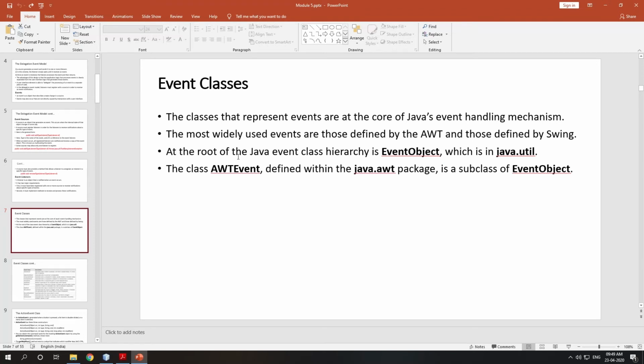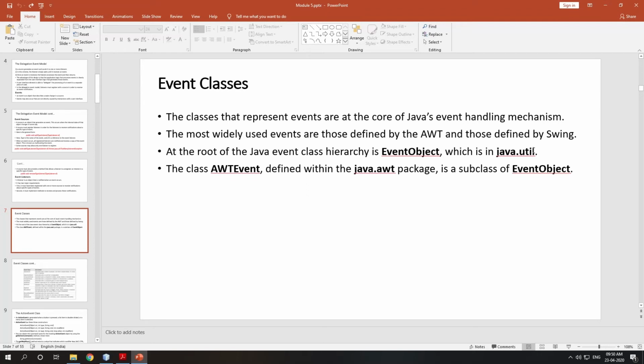Okay, at the root of the Java event class hierarchy is EventObject, which resides in a package called java.util. So like your exceptions, we had a Throwable class, right? Then under Throwable we had two subclasses, Exception and Error. In the same way, in event handling we have a parent class, a root class called EventObject, which resides under java.util.